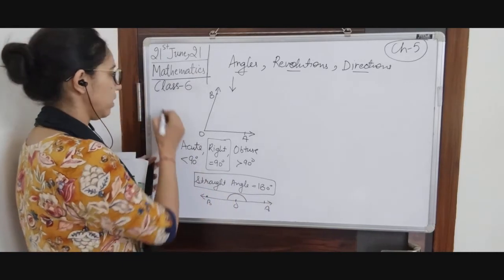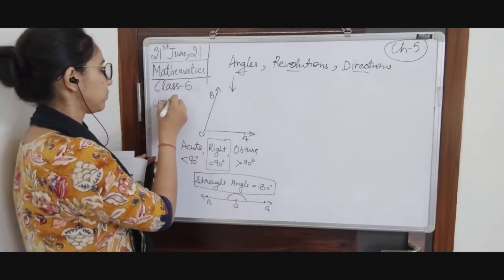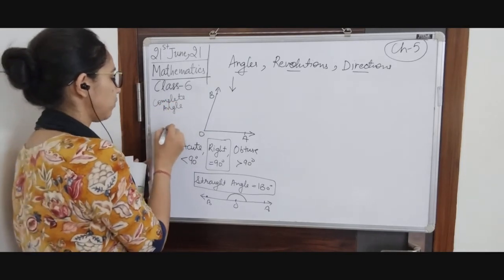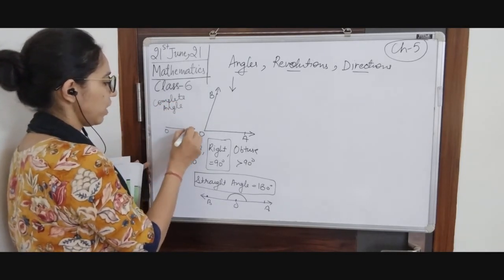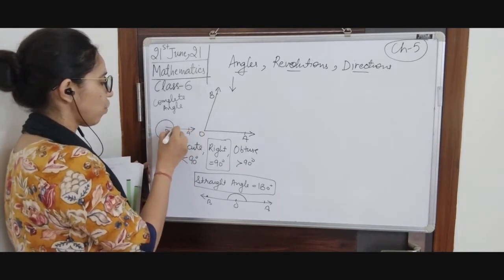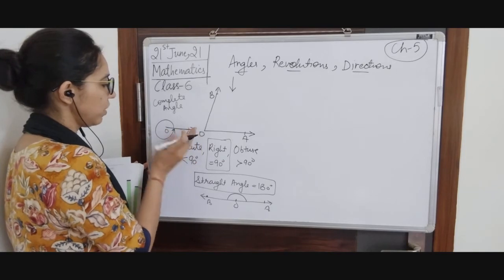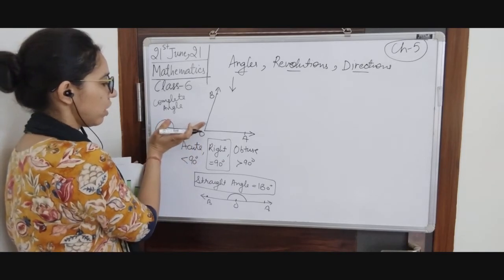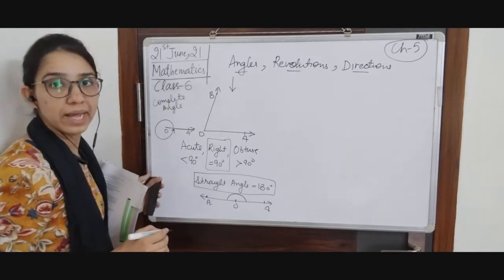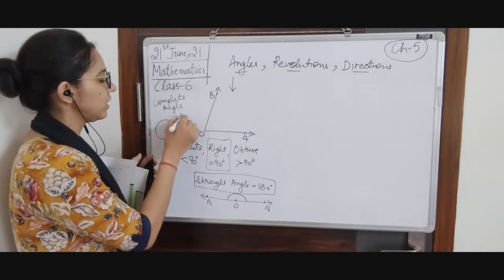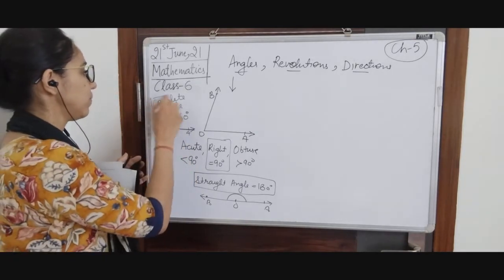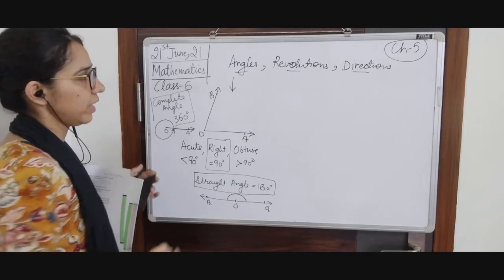Next we have a complete angle. By complete angle, we mean that we are starting with OA. Okay, we are starting with this and we are going to measure the whole span of A. It will be the complete angle, which is our 360 degrees. So complete angle, right angle, straight angle.